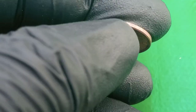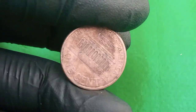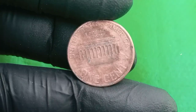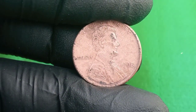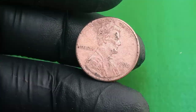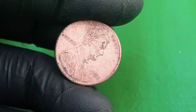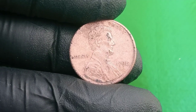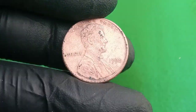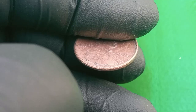So, the next time you're digging through your change, take a second to inspect those pennies. You might just be holding on to something much more valuable than you think. The 1998 double-die penny is one of the rarest coins in U.S. history, and while it's not easy to find, knowing what to look for could make you a fortune. In the world of coin collecting, the value of these rare mistakes is astronomical. The fact that one small error could result in a $35 million penny is a testament to the fascinating world